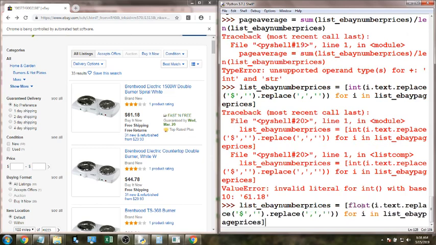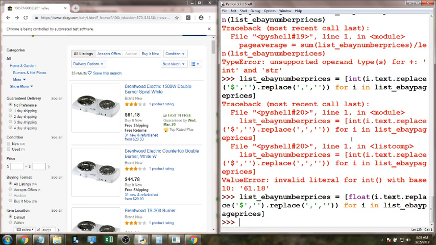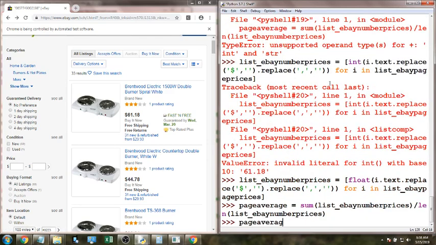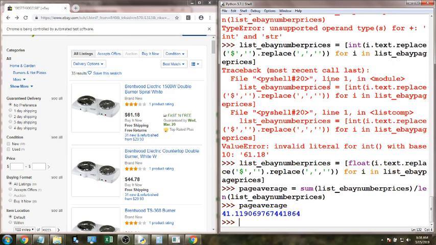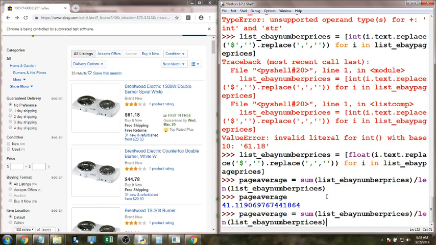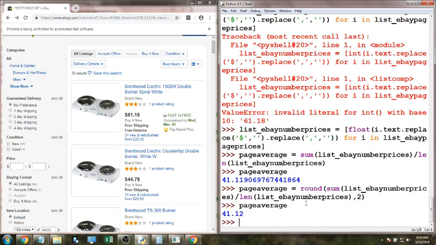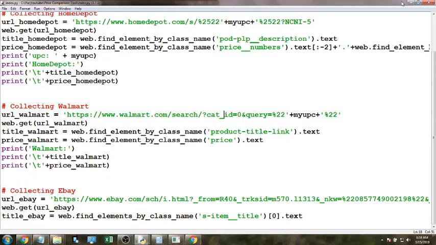Okay, and then we're gonna try this one again. Alright, so page average is $41.11 is the average, and what we can do is round that, I think. So round, and then at the end of this we're gonna put a comma and then a 2, I think. Page average. Alright, $41.12. So what I'm going to do is I'm going to first transfer all this junk to